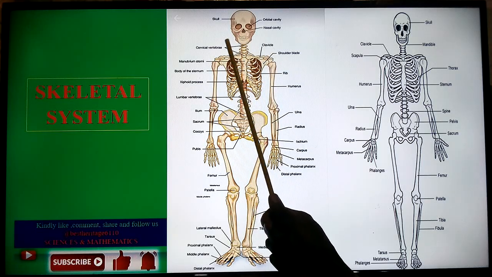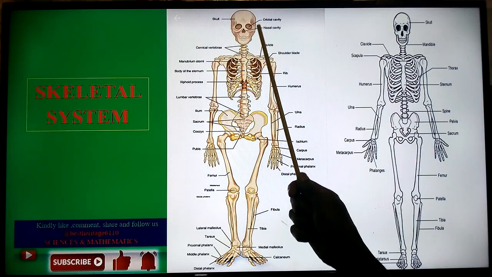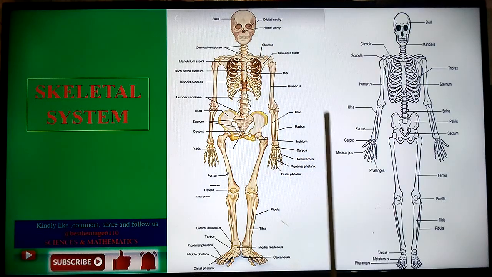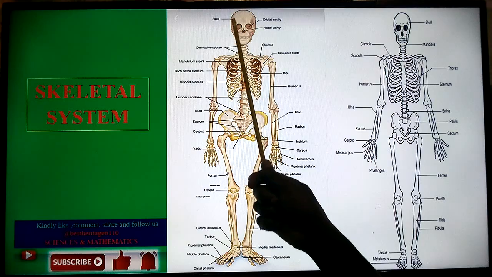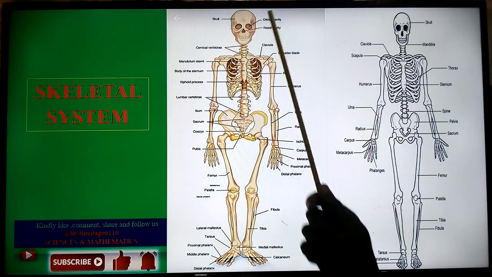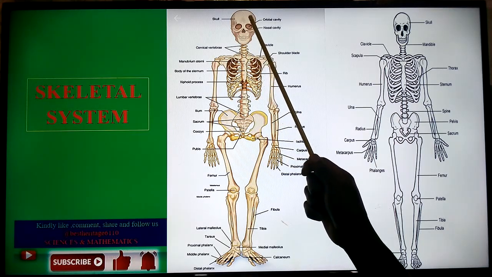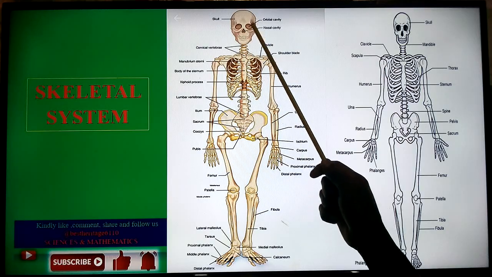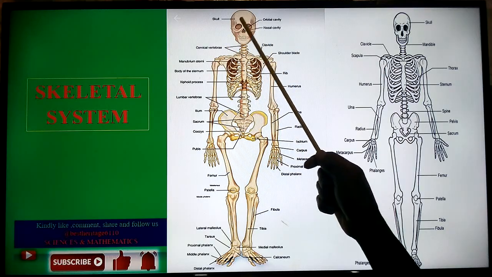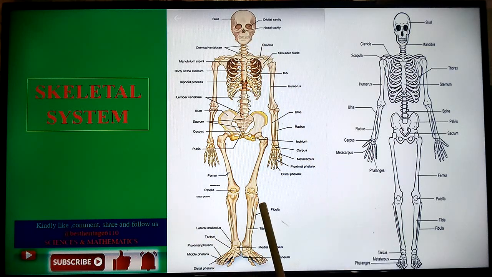Then it's made up of the lower and upper jaw, and this is the mandible, which is articulated to the upper part of the cranium using joints that we're going to learn about in our discussion on joints. The role of the cranium is to enclose and protect the delicate part of the body, which is the brain, found inside this skull. There are also small holes on this part of the cranium that allow blood vessels and nerves into and out of the brain in order to facilitate its